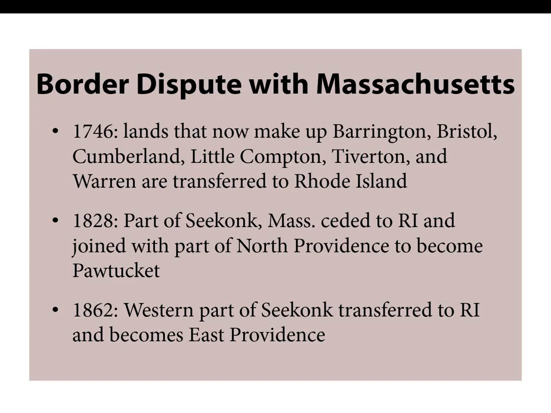That border dispute with Massachusetts took a long time to settle. In 1746, lands that now make up the towns of Barrington, Bristol, Cumberland, Little Compton, Tiverton, and Warren were actually transferred to Rhode Island. Then in 1828, part of Seekonk, Mass. was ceded to Rhode Island and joined with part of North Providence to become Pawtucket. I'm sure you're all busily designing your little family tree of places here. And then in 1862, the final slice, the western part of Seekonk was transferred to Rhode Island and becomes the